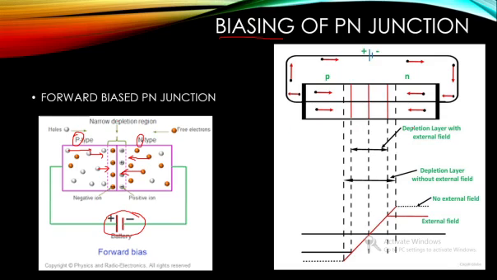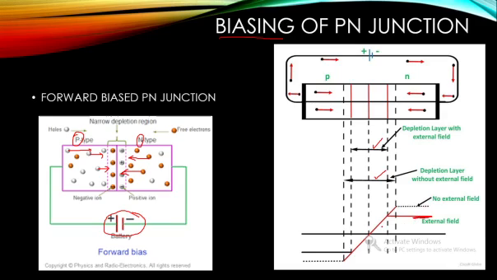So what is happening? In the absence of an external field, this was the depletion layer. Now, due to the application of an external field, the charges are coming towards the junction and hence the width of the depletion layer has decreased. There are more charges inside the depletion layer, so the width will decrease. That will facilitate lowering of the potential. This is now the new barrier potential. It has lowered from the no external field case.